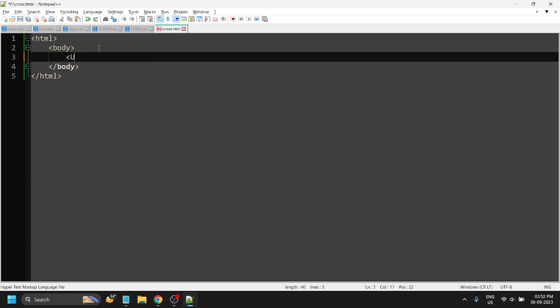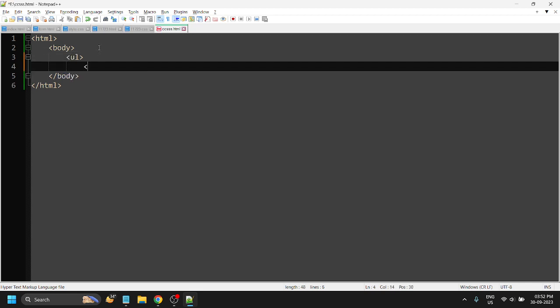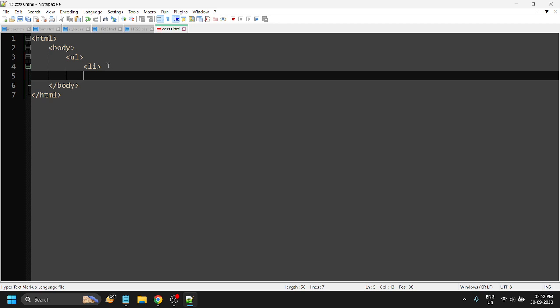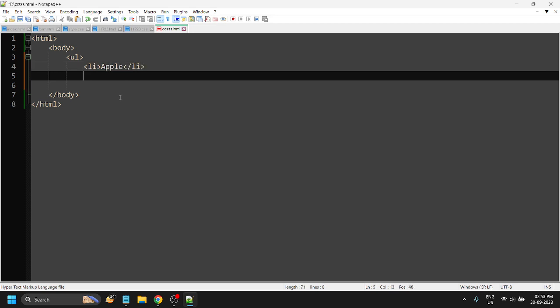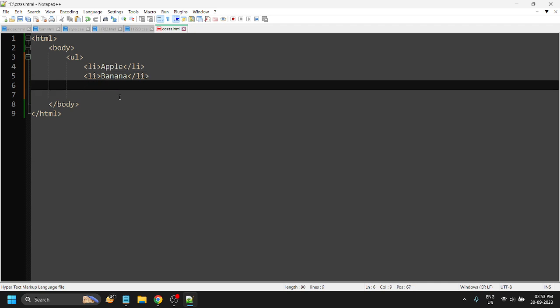So to start the unordered list, you will use UL, which is the short form for unordered list. After that, we will use li to define a list item. Inside the list item tag, you will write down whatever needs to be inside the list. So right here I can write apple, right here I can write banana. Okay, so it is like that. Now we can close the UL like this, and if you see right here, apple and banana have come as